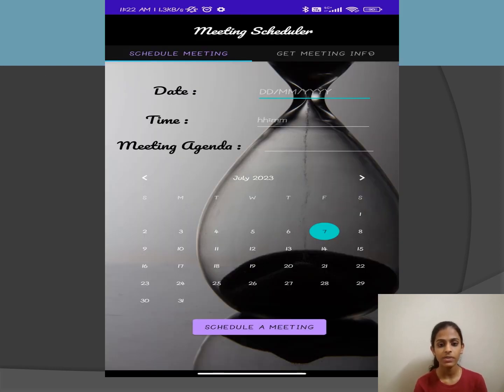So this is the user interface design which I have created. Mainly this is the home page where the heading is meeting scheduler. Meeting scheduler is an application where we can schedule meetings by giving a particular date, time and meeting agenda. You can see, like in the previous slide, in my source code, this is the design which I have done. So this is the first page, which is the meeting scheduler with date, time and meeting agenda, and with the calendar view where you can select the date and time and meeting agenda,